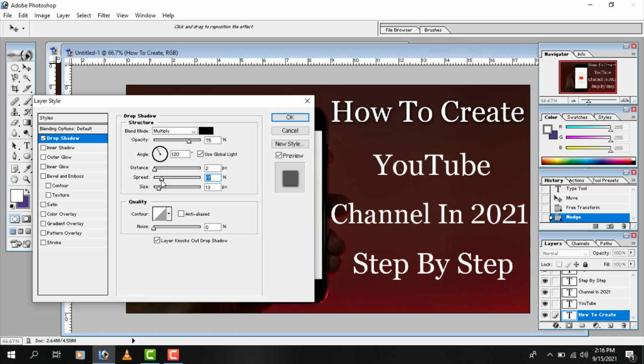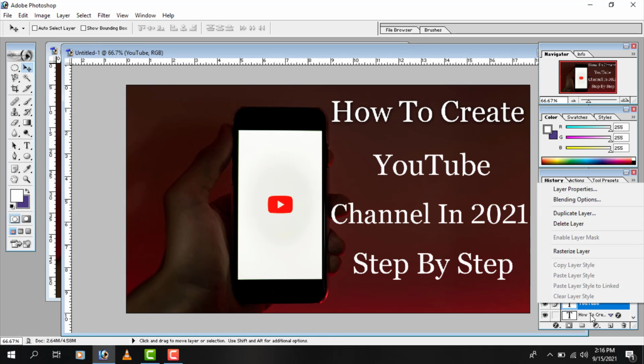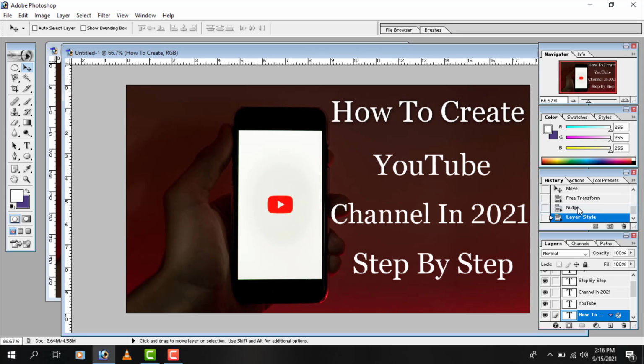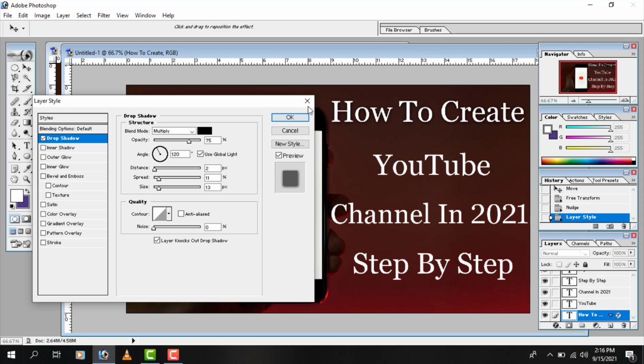So now our 2 11 13. So we will add all from here. Blending option, shadow 2 11 13.